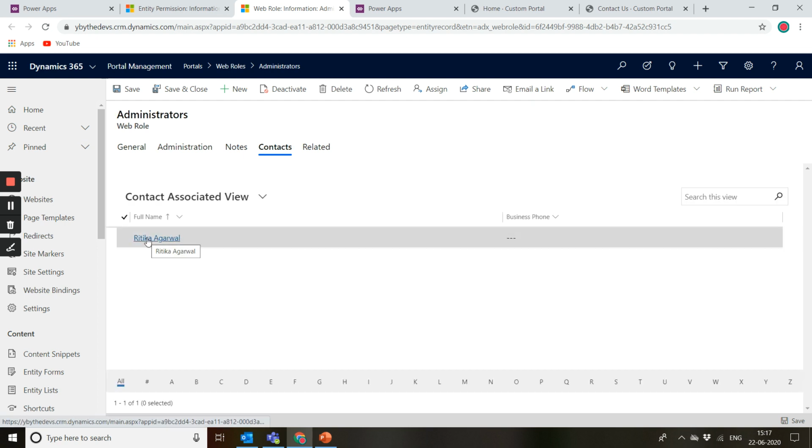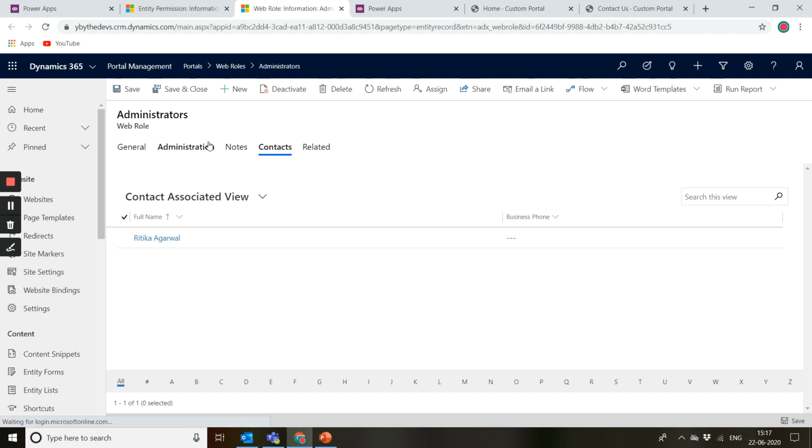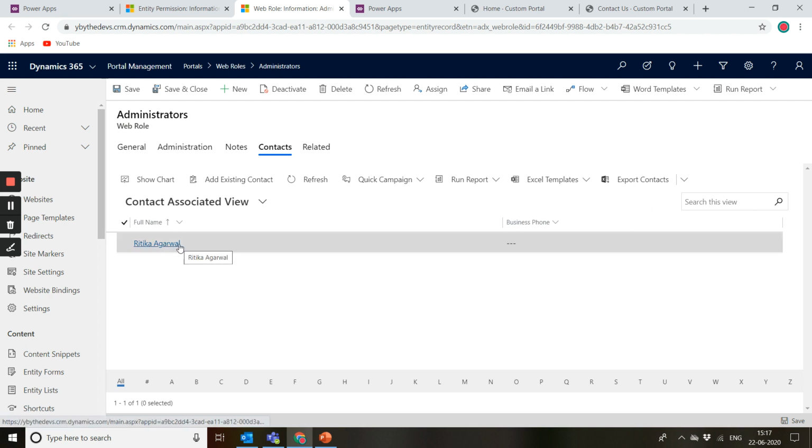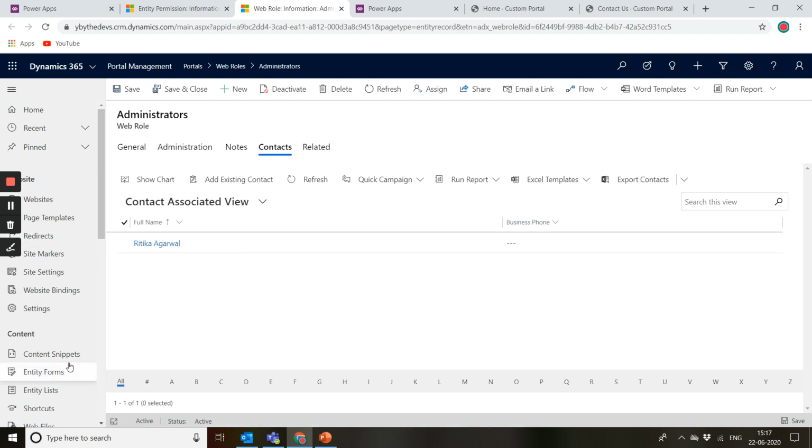Now it loads, and only Ritika Agrawal has the administrator web role, but if I want someone else to be added to the same, I can do so. I think this is taking some time to load. Or if the option is not enabled here, you can go into each of the individual contacts and add those web roles. We can take a look at that later.